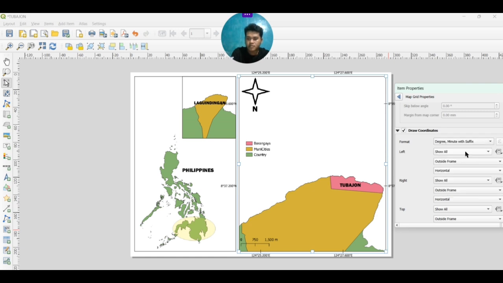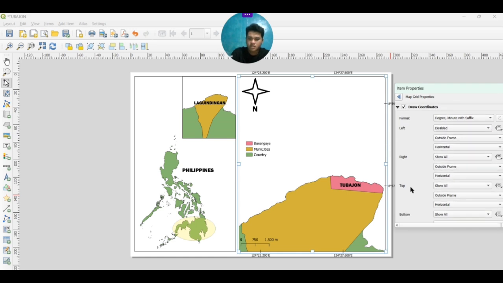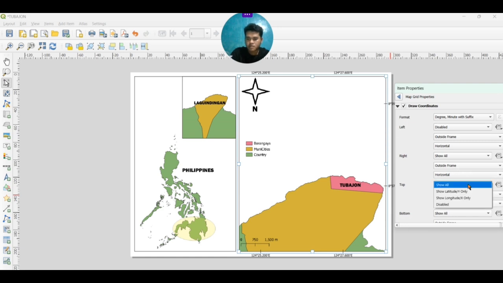Then I just want to disable some things. I want to remove the top coordinates, because this makes the map more complicated to look at. So I just want to remain this part of the coordinates and this one. So I want to remove this and this. In order for me to remove this, just click this one and then disable. So you see, as you notice on the map, it disappeared. So for the top part, just click it, disable.